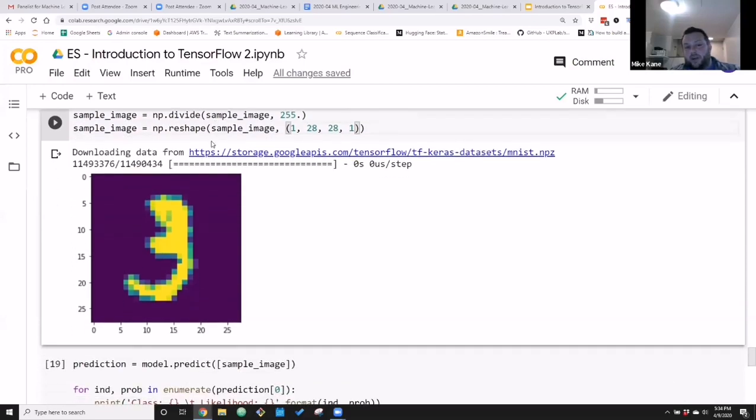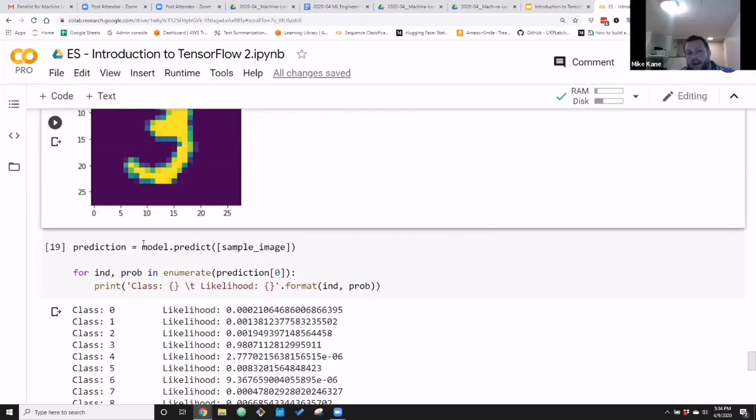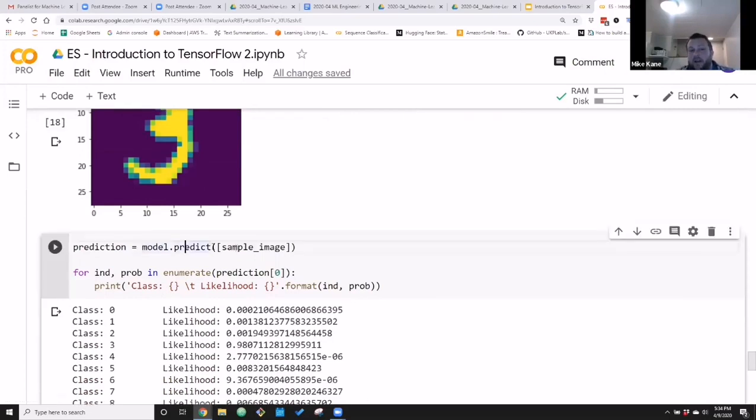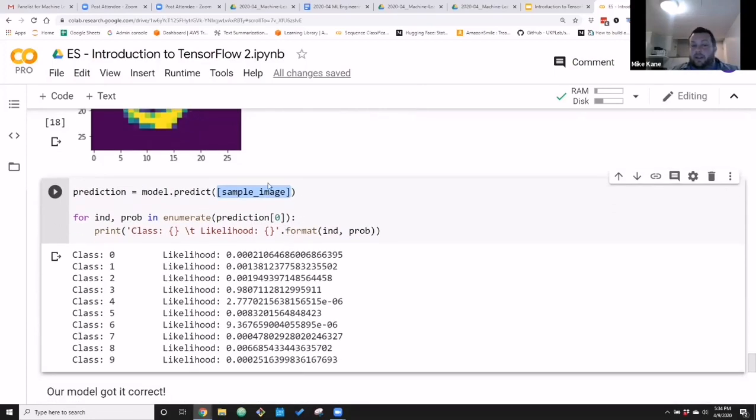Once I have reshaped it, I pass it in. I call the model.predict function. Your life is always easier if you wrap that in an array, right? It expects it in an array, because almost never do you ever do one at a time. It expects a list of things here. Now, all I did was, this gives me back a list of probabilities, right? And we can actually look at this.